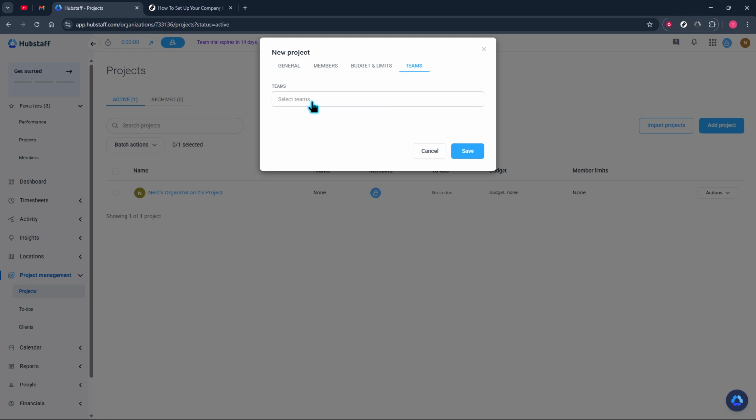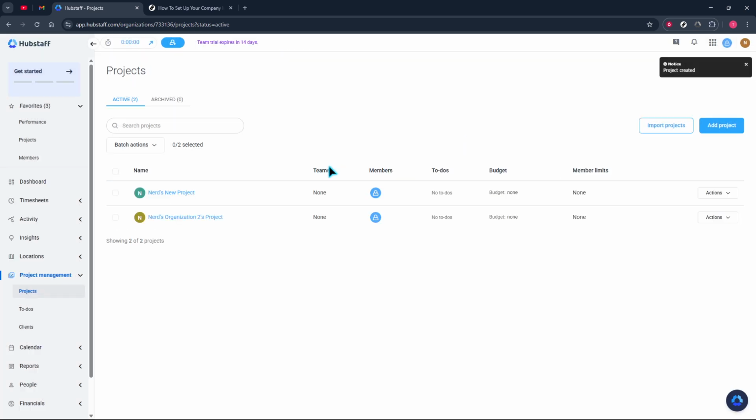Move to budget and limits to define controls. Set a project budget in hours or cost to keep scope on track, and configure alerts at key thresholds so you have time to react. Under member limits, cap hours per person if you want to prevent over-allocation or enforce part-time arrangements. If you organize your workforce into groups, open teams,